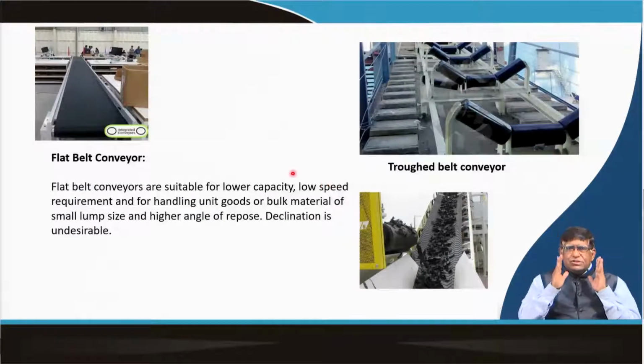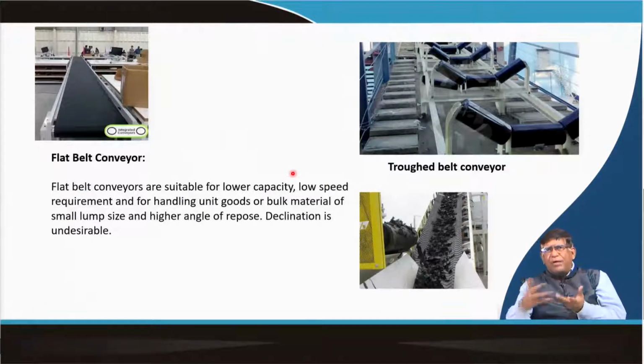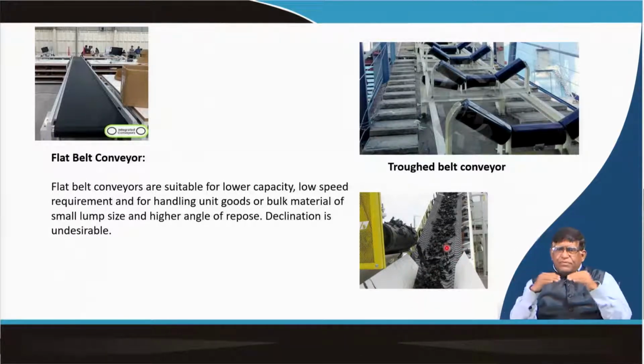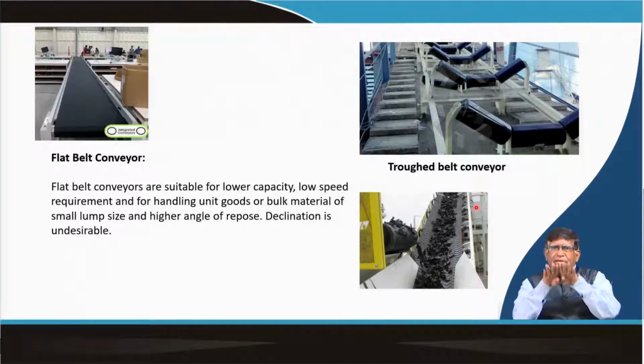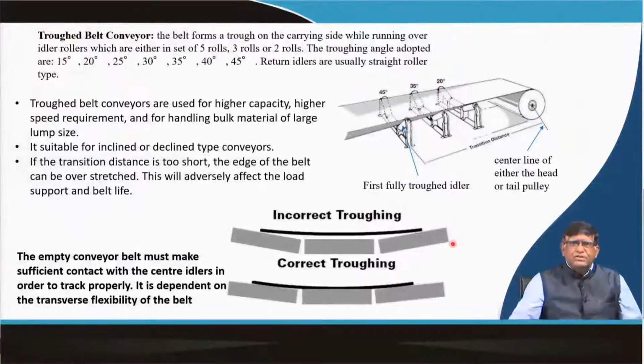So this belt conveyor can be a flat belt or a trough belt. You can see here a flat type of belt, and this is a trough belt. You can see in the belt there are some flight type of things, so that the material does not slip. Sometimes you can increase the inclination by designing a special type of belt. So this is what is there in our belt system.